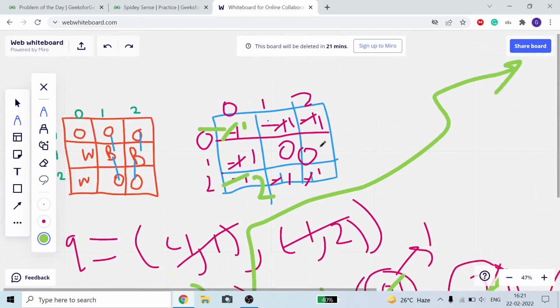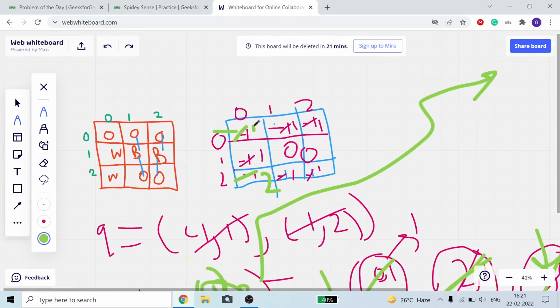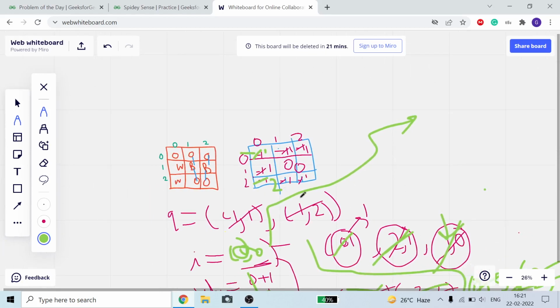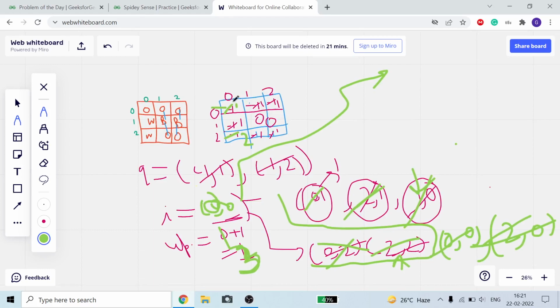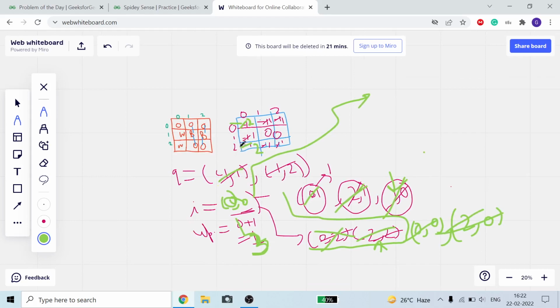So what is our updated array? Sorry, its cost should be equal to 2. Oh sorry, it is equal to 1, and this one is equal to 2. When we were doing the operation with this 0 comma 1, we forgot to add it. Just rewind the video and check. When we are doing the operation with this 0 comma 1, it is 1, so the updated cost should be equal to 2, but we wrote 1. That's not a big issue.